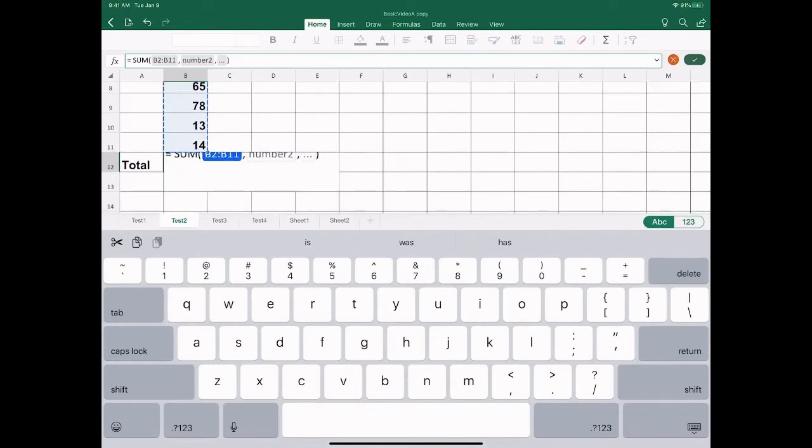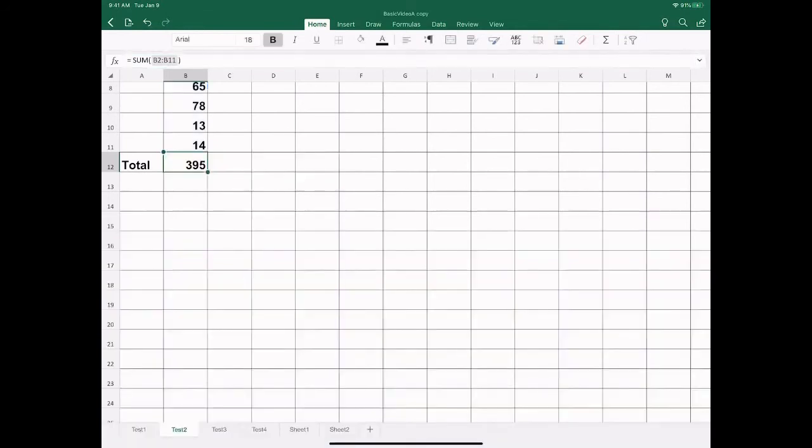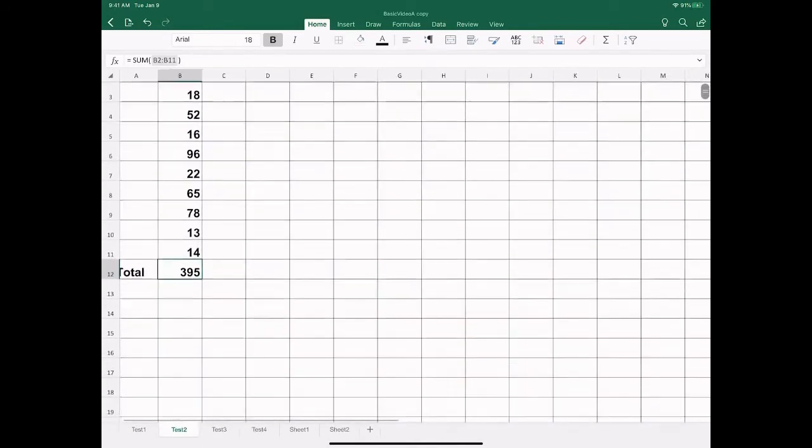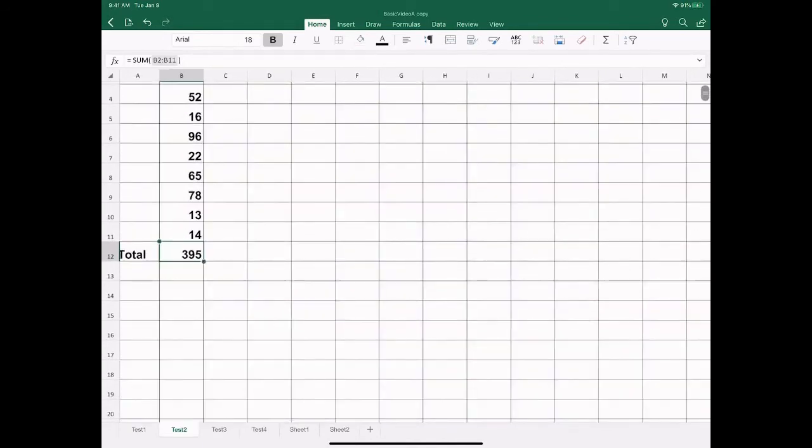When I see that I've got everything highlighted that I want, I'm going to hit the green check, and it's going to show me what the sum of those numbers is. Now, depending on what I'm going to do, maybe I just want to divide that number by some number. So I'm going to go into the next cell, and I'm going to calculate what is 395 divided by some fictitious number,